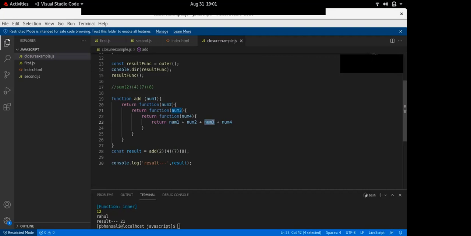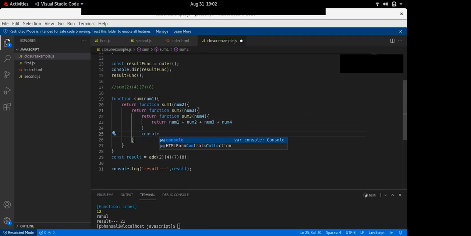And if you want to see it, I will give names to the functions: sum3, sum2, sum1, and return this one, sum3. And constant result equals sum, and I try to print console.dir sum3.